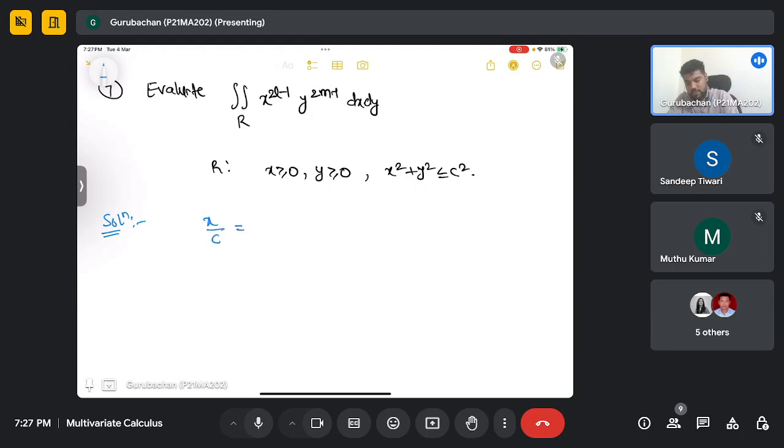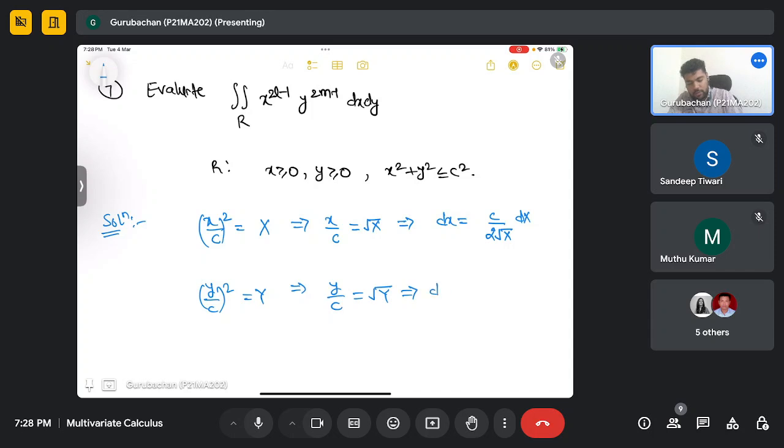x by c is equal to some capital X, and y by c square is equal to some capital Y. Since x and y are positive, we are taking this, so x by c will be under root X, and this will give us dx is equal to c by 2 under root X dX. And from here we get